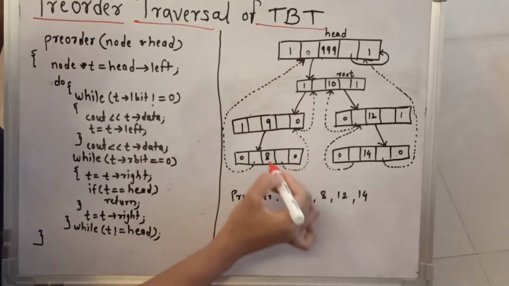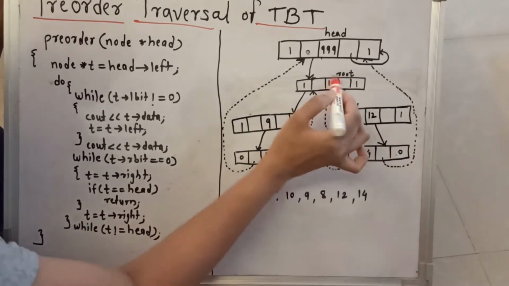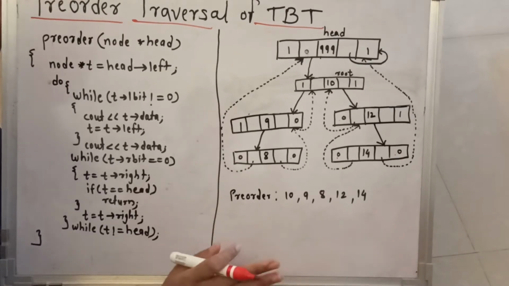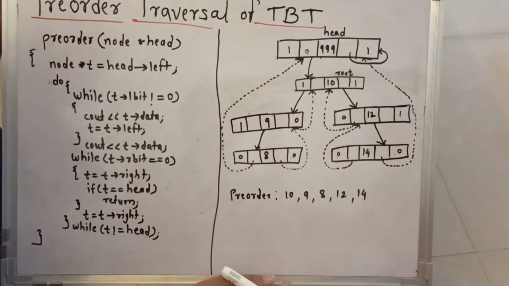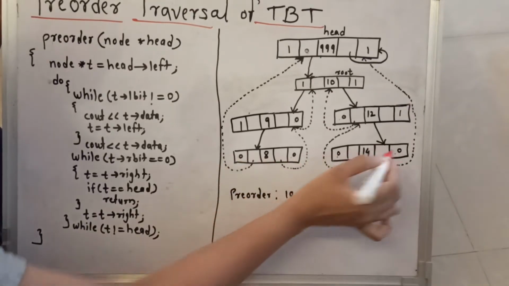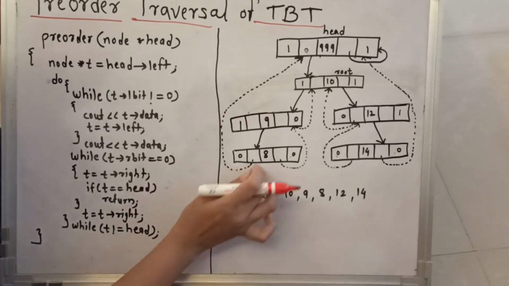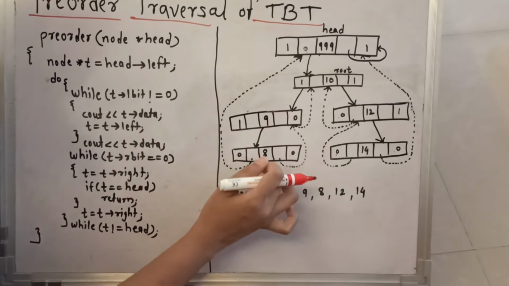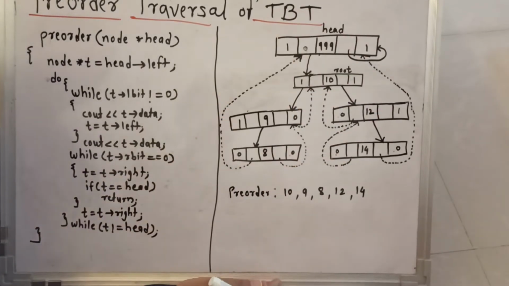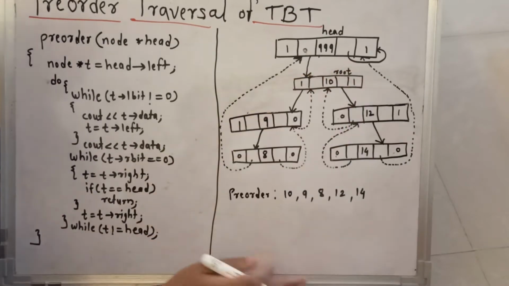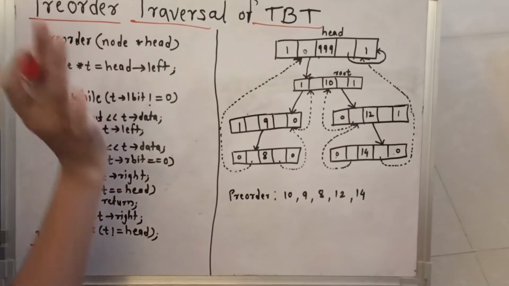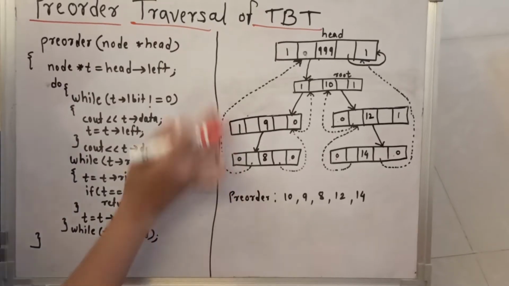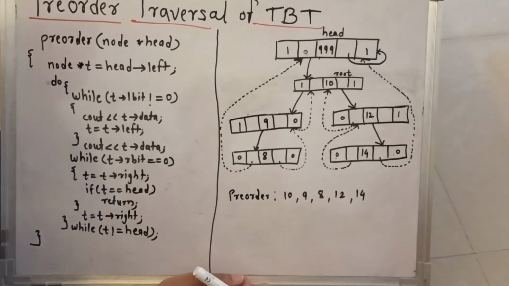The threads are drawn here by the dotted lines and actual pointers are shown by the solid lines. As you know, if the L bit and the R bit values are equal to 1, that means the actual left and right child are present. And if the L bit and the R bit values are 0, that means the threads are present. And threads are always used for the backtracking purpose. If you see the diagram here, all threads go in the backward direction. So by making use of these threads, we have to remove the use of the stack for the traversal techniques of the TBT. How we are going to traverse the threaded binary tree, that we will now see.